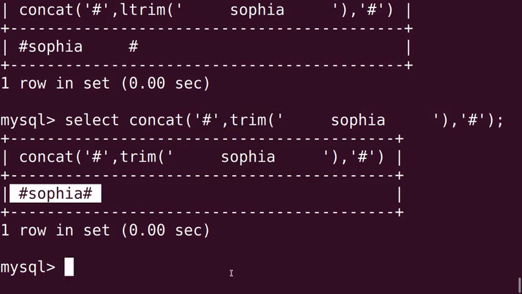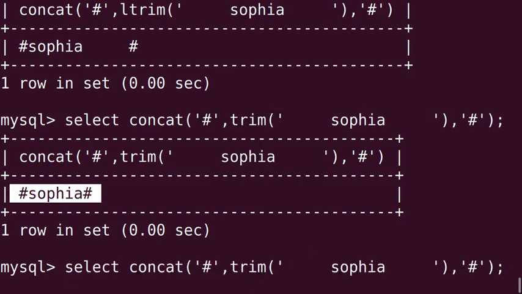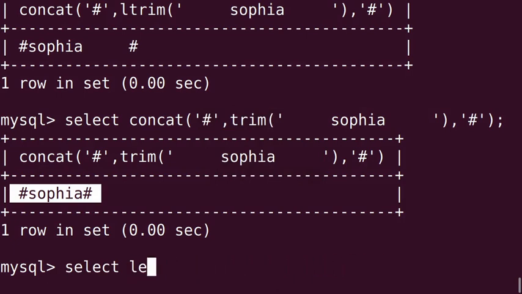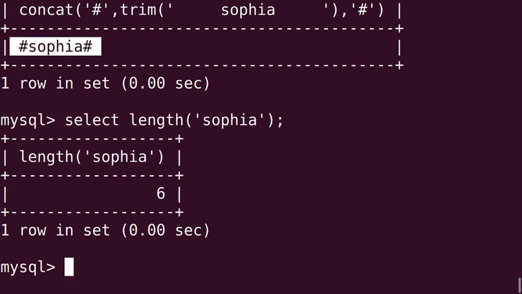Here length of Sophia we are trying. See, here also length 6 you are getting.